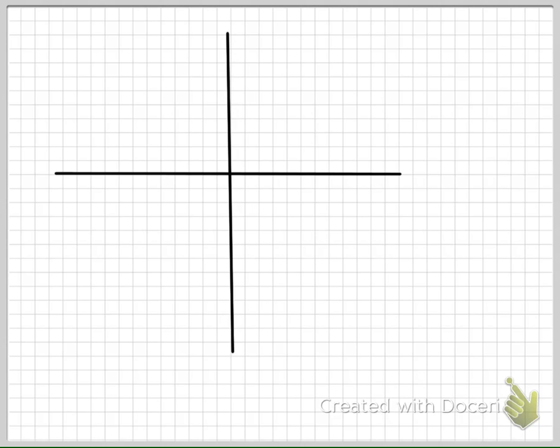Alright, so this one we have some points on the line. I have this one here. 1, 3 is on the line. 2, 2 is on the line. 3, 1 is on the line. Once again, lots of points to choose from. Now, I can use any 2 points on the line to determine my slope, but before we do that,